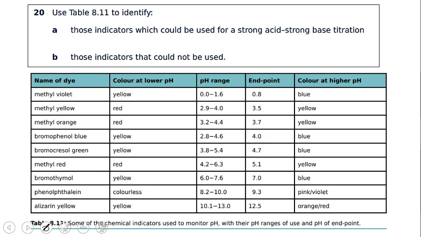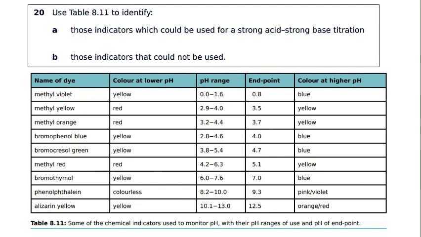Question number 20. There is a table given, 8.11, and first of all we can discuss the table and then we will move toward the question. This table is giving you some dye names which can actually be used as indicators. Indicators are actually color dyes. So these are some color dyes that we can use as indicators, and their colors at low pH are